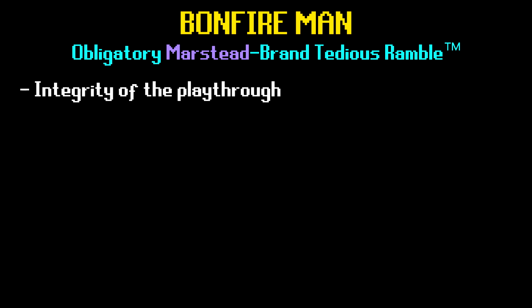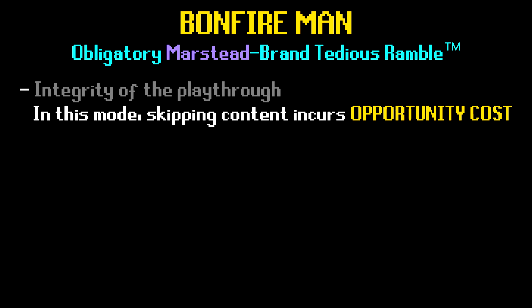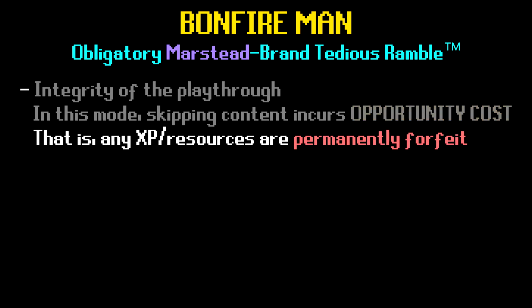So if we're thinking about the integrity of this playthrough and of the rule set, it's important to remember that if I choose not to attempt some content, like I chose not to death warp repeatedly against the ham guards in episode 2, and here I'm going to choose not to sell my whole bank to buy a candle for 1000 GP to go into the Lumbridge Swamp Caves. When I choose not to do that, it's not for free. I am paying something in the fact that I'm sacrificing all of the XP and resources that are in the